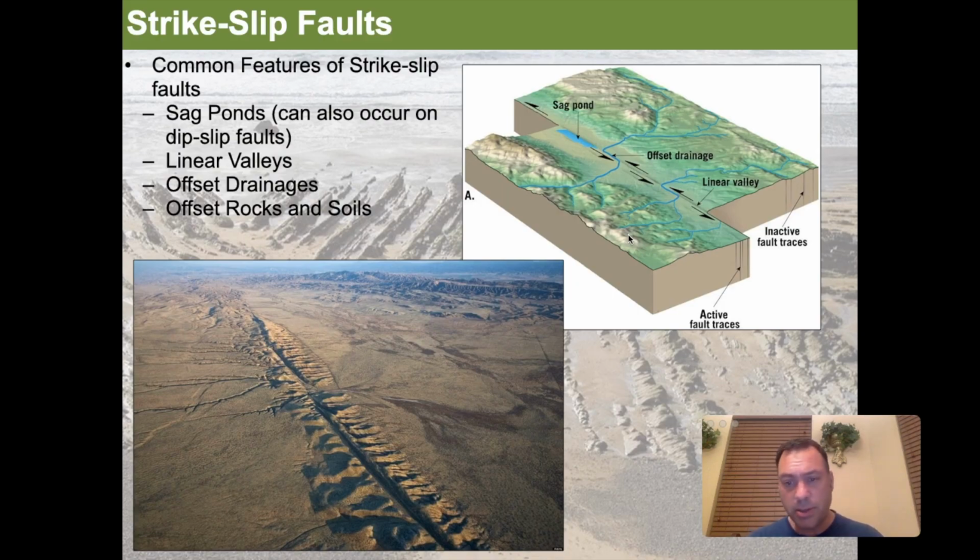This is all expressed along the San Andreas Fault. This is a great example of this. San Andreas Fault is located right here. Here's our linear valley right through the middle. I mean, classic linear valley. Offset drainages. These drainages here are all being offset and captured across the fault and being deflected and moved. We don't actually see any sag ponds along here, but trust me, there are some very famous sag ponds along the